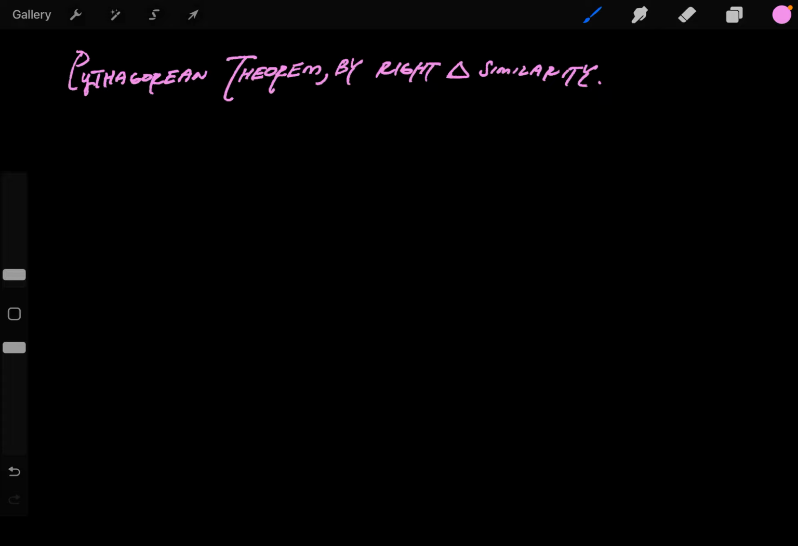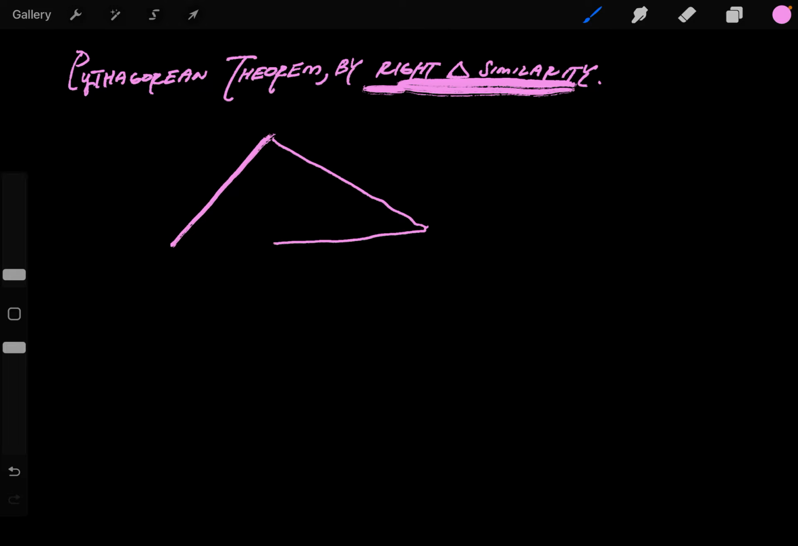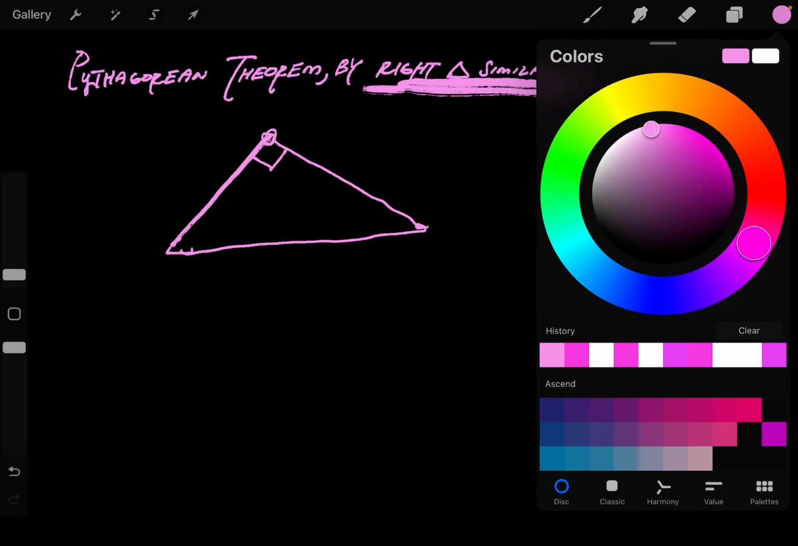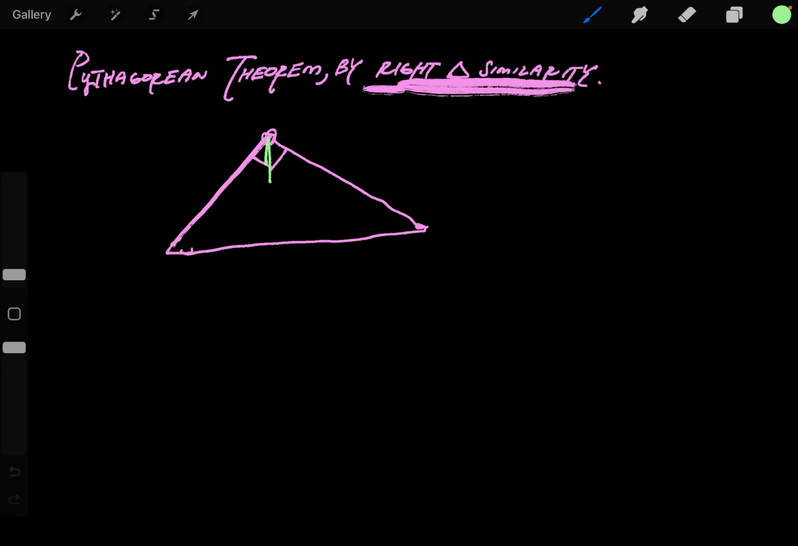Okay, so we're gonna prove the Pythagorean theorem, but this time by right triangle similarity. So basically the idea is that you have a right triangle, so here's any right triangle. And what we know by right triangle similarity is that if I take this point and I draw an altitude from that point going down, what I've constructed here now are three similar triangles, and we use this fact to